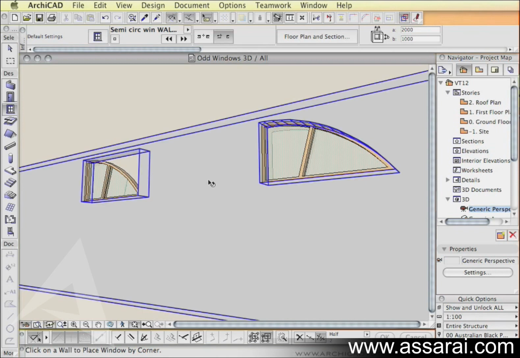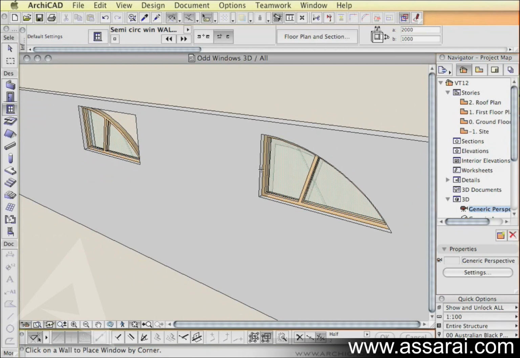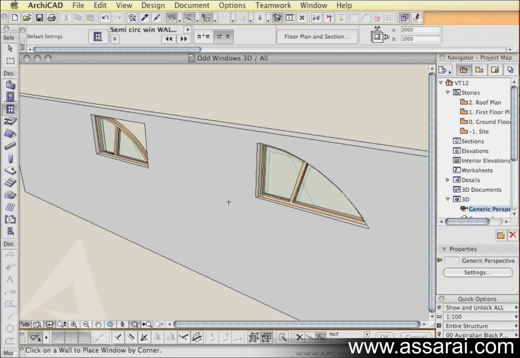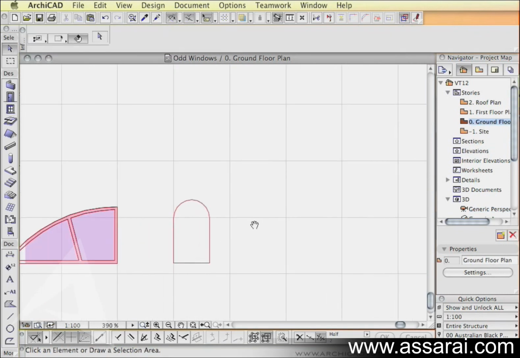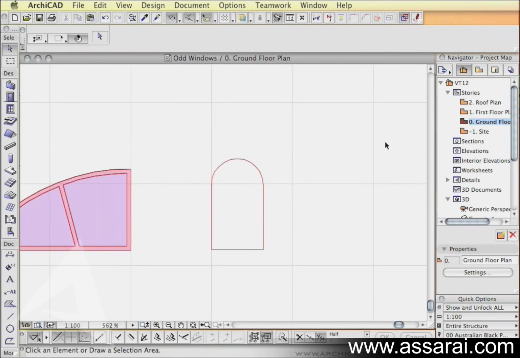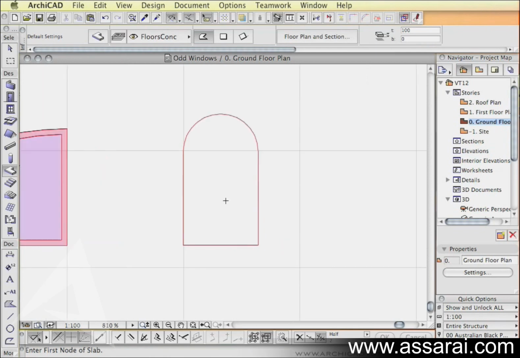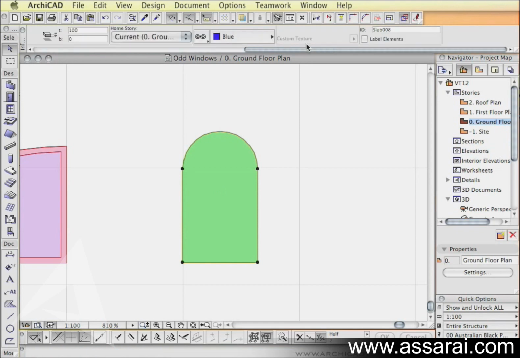But in fact, as we created, it's actually not following the window, it's following the slab that we called wall hole. Any object that has the name wall hole becomes invisible in the project. Following this logic, we could do this as an empty opening in a wall. I've got an outline of a window type here. I'm going to click on the slab tool, select the slab tool, once again call it wall hole,